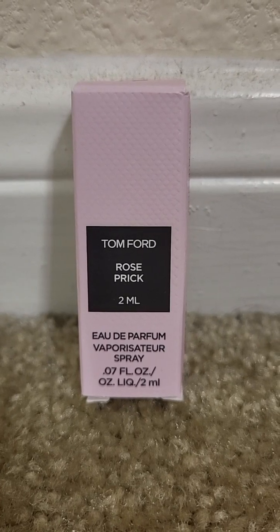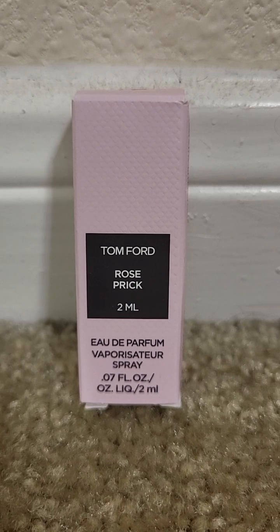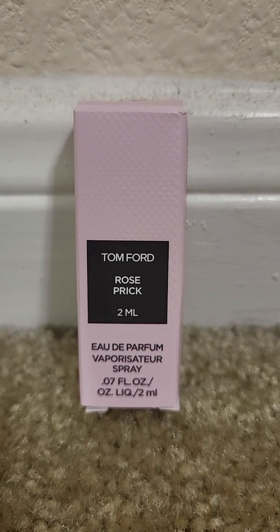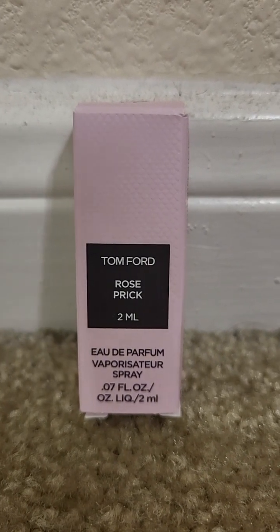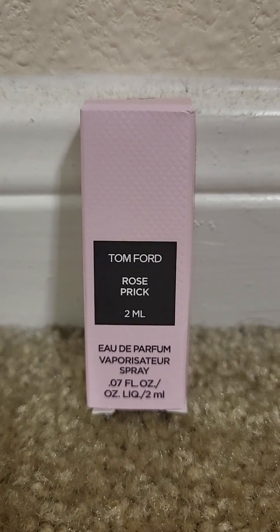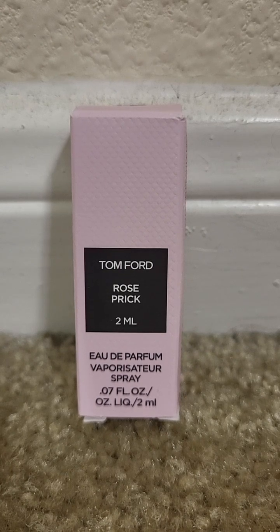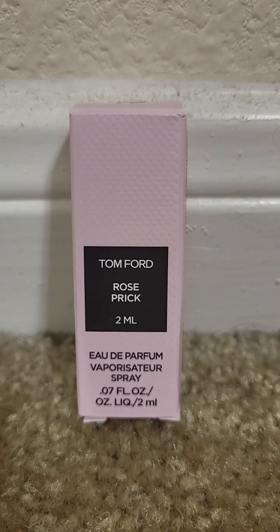Like, I don't know, a year, 2 or 3 years ago, there were so many designer roses. This kind of goes along with that trend on the mid. I think it dries down like a rosy kind of sweet tonka bean. And then when it dries down on me, I kind of get like a